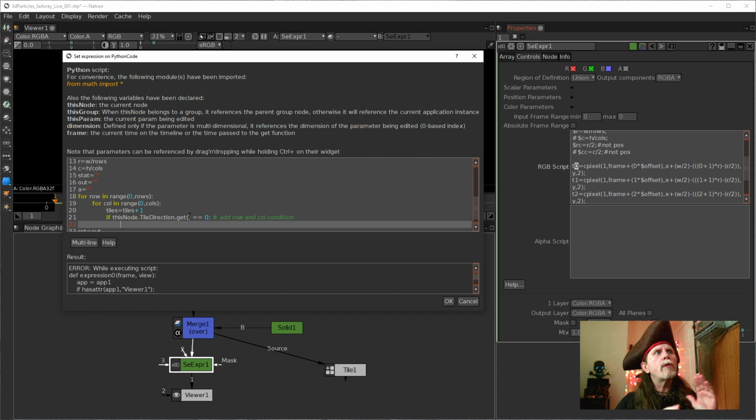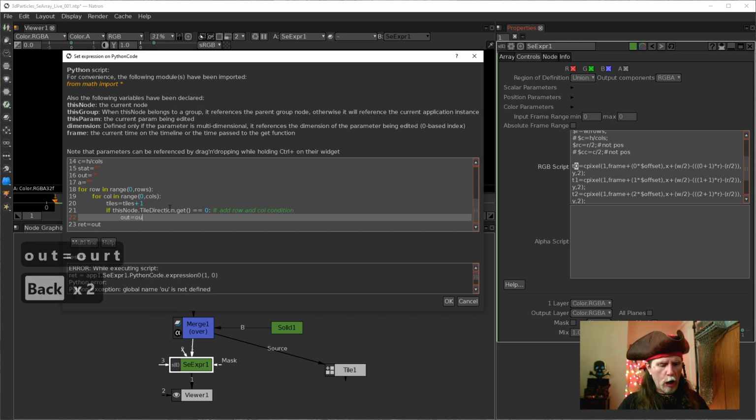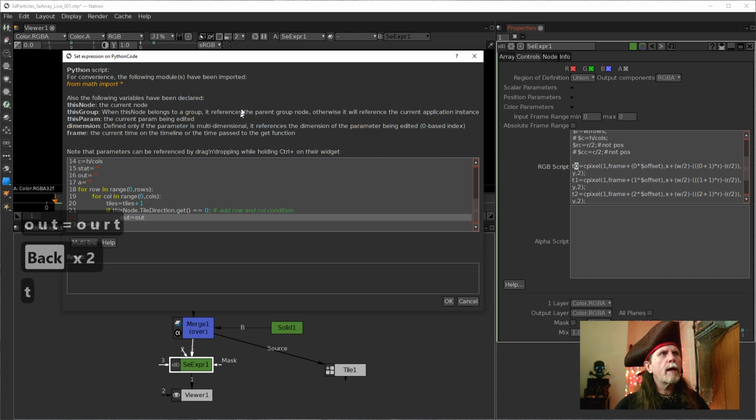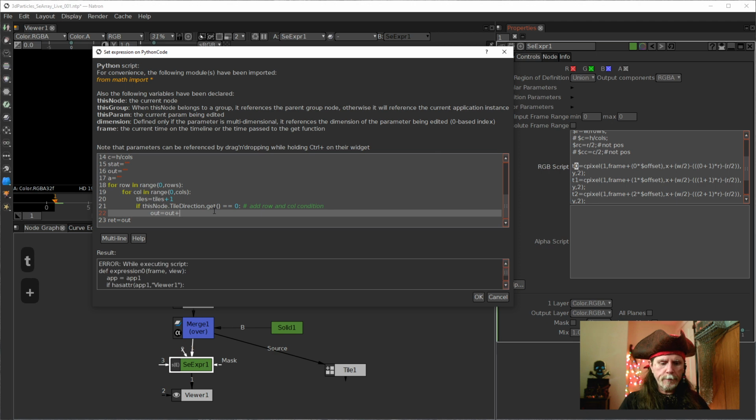So out is our color channel. Out is currently empty. So what we're going to do is say out is equal to out. Okay, out is equal to out plus, and now we're going to add the construction. So it's going to start off with an empty string, and now we're going to add in for this. What we're going to do is our first variable, which is going to be